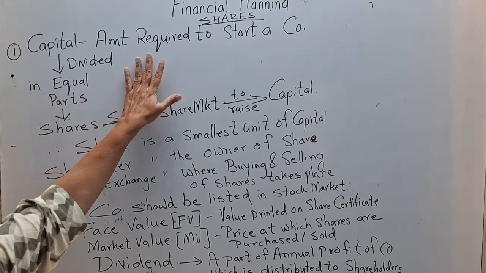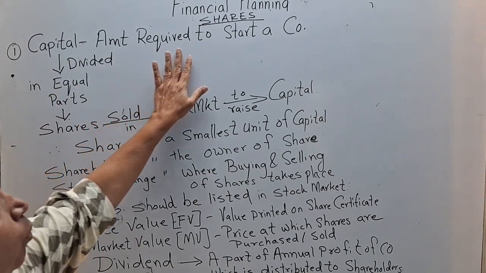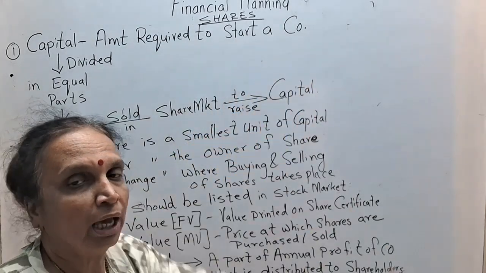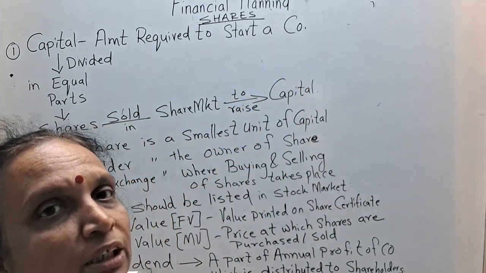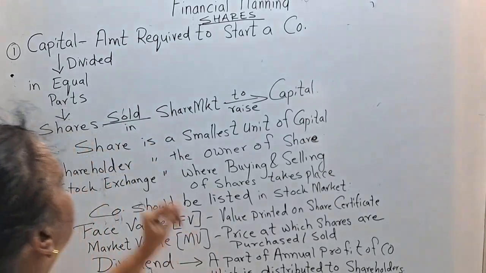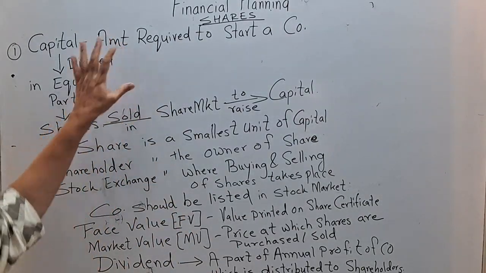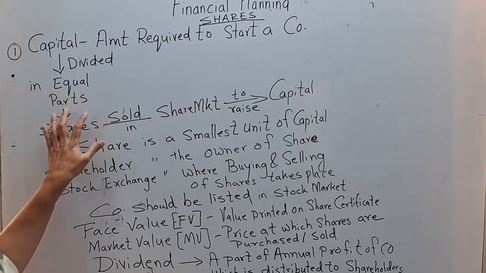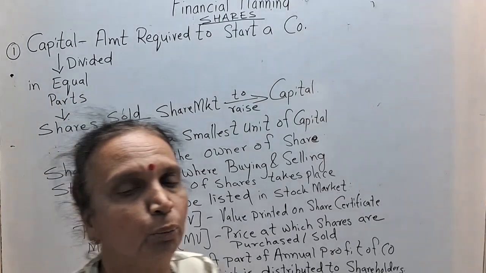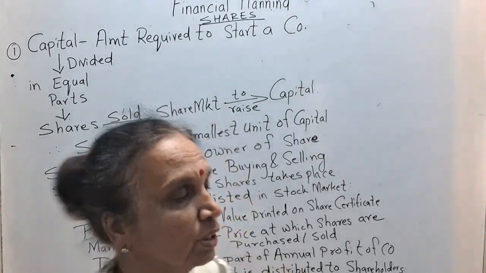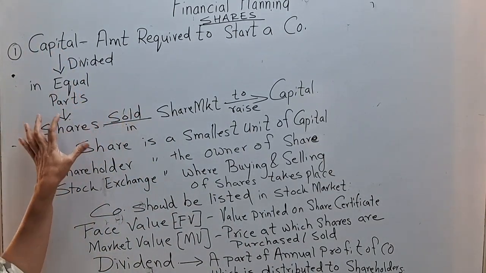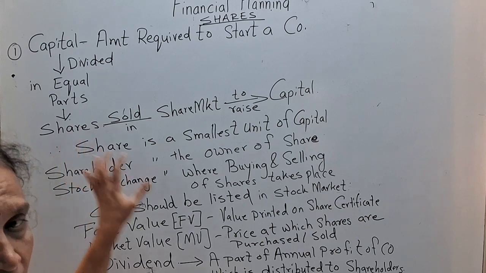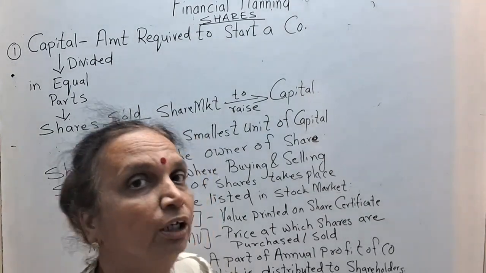Capital. What is a capital? It is an amount required to start a company. So any fresh company you want to start, you require some money and that money is said to be a capital. Okay, and this capital is divided into equal parts. It might be 1 rupee, 2 rupee, 3 rupee, 4 rupee, 5 rupees. Okay, so this capital is divided in equal parts and that is called as shares,